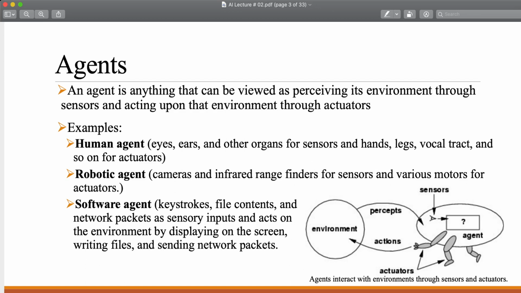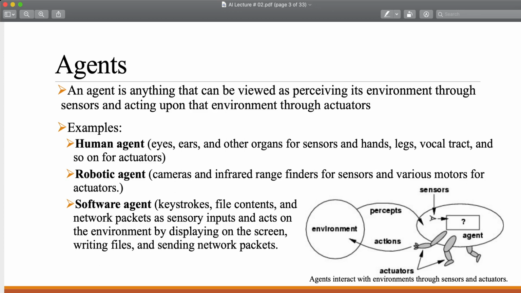And then there must be some actuators that can be used to perform certain actions or give a response to the environment. So you can see in this diagram there is this environment and this is the agent. There must be some sensors, and the sensor may be a camera, maybe a pressure sensor, a heat sensor, etc. So from the environment, through this sensor, it accepts an input,